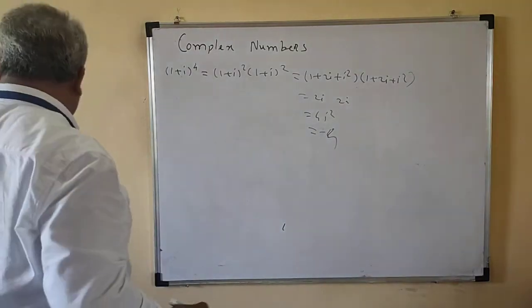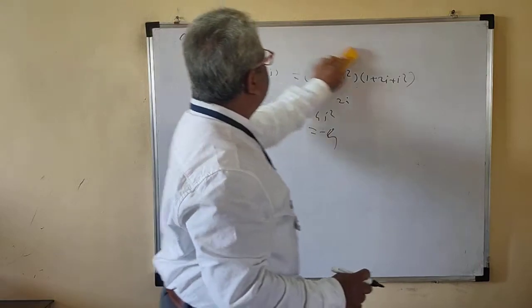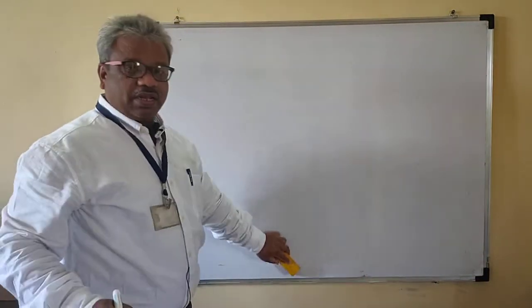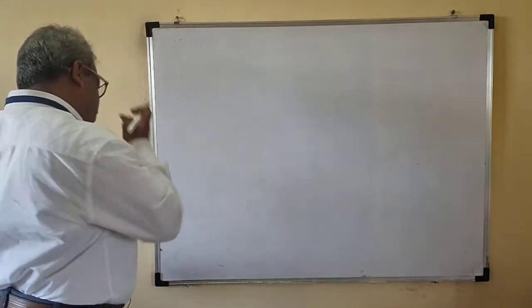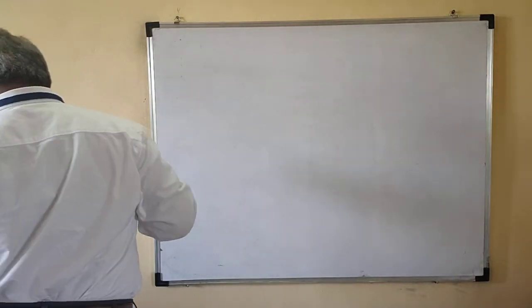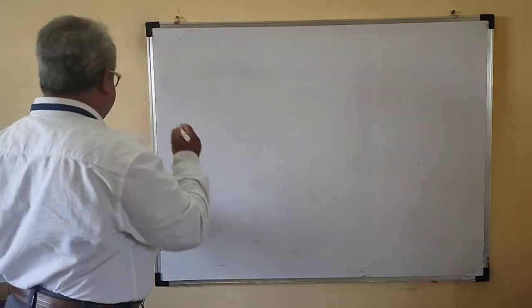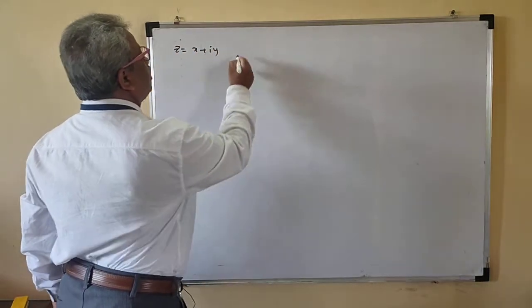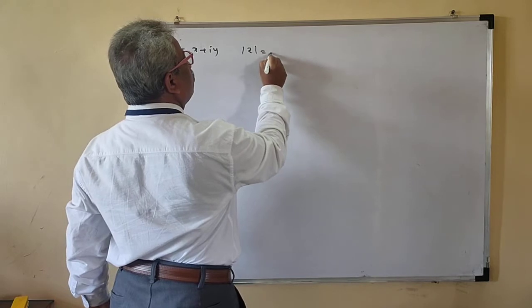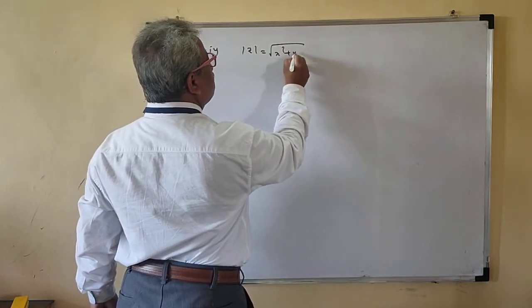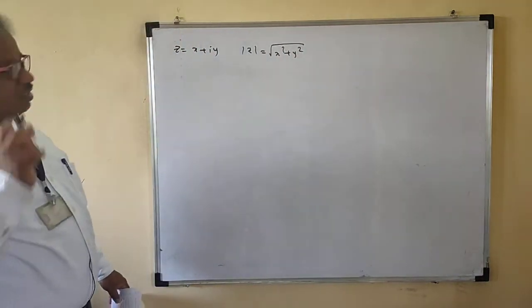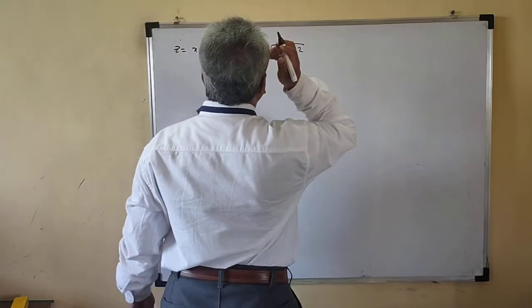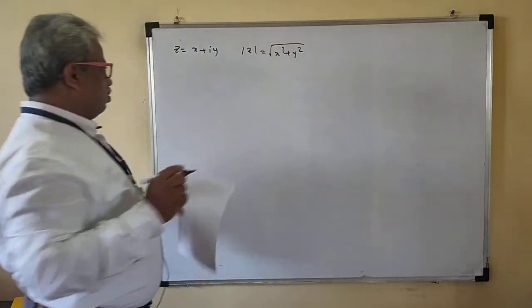So this is about the complex number. You can simplify the complex number, and express it in the form a + ib and so on. Suppose we have z as the complex number x + iy. Then mod z is nothing but the root of x² + y². This is the magnitude of z. The argument is also there, but that we will see later on.